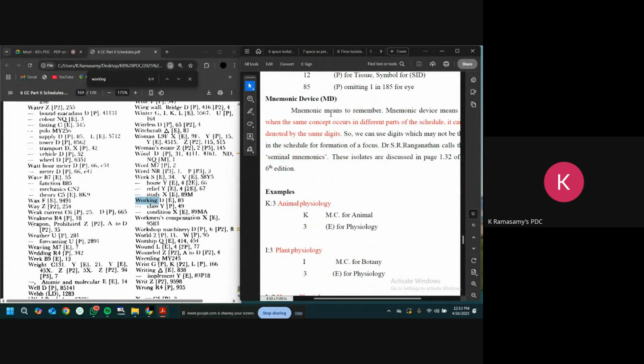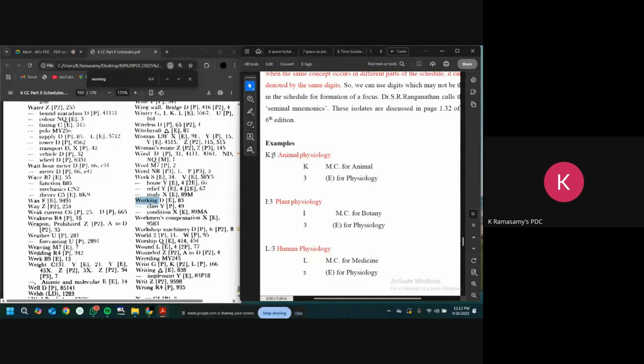Then comes mnemonic device. Mnemonic means something that helps you to recall better, that helps you to bring something into your memory. That's called mnemonic device. So Ranganathan, whenever the same concept is appearing in different subjects, if they are having the same meaning, then he has given the same isolate number. For example,